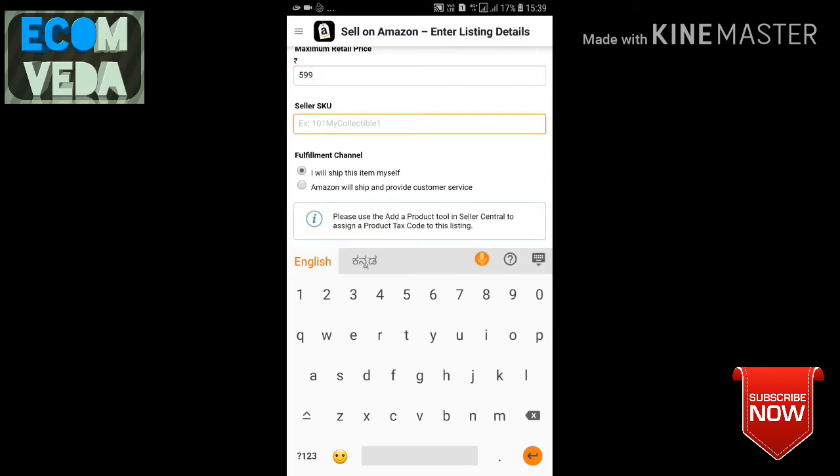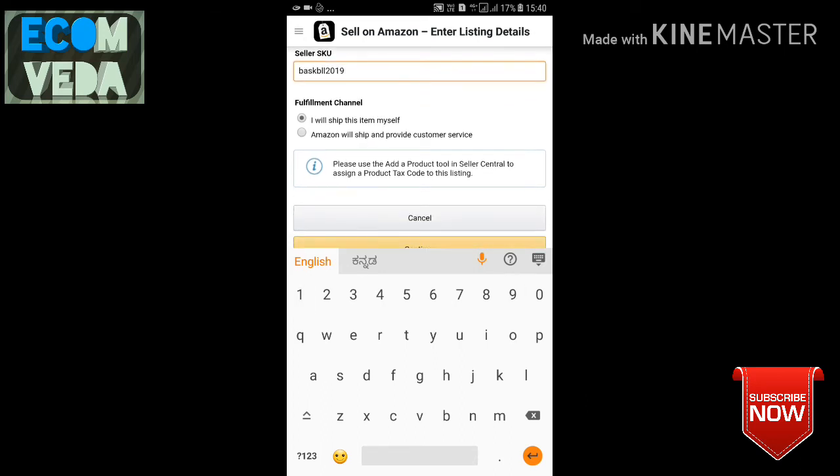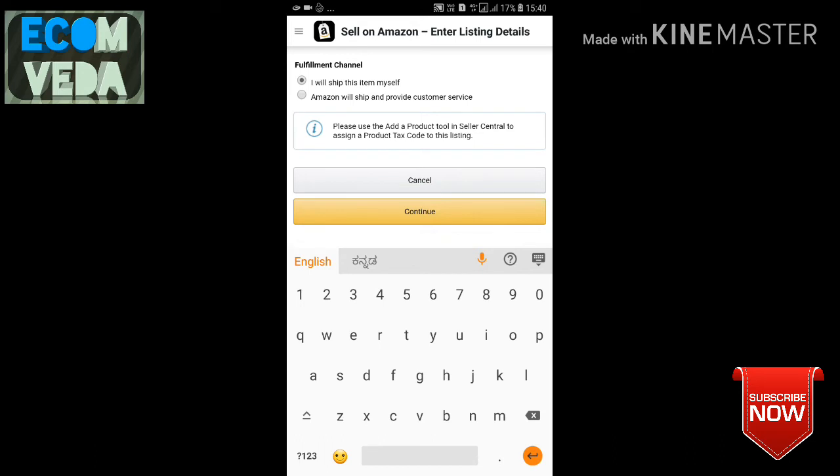Seller SKU is a code you can type for your reference, like basketball 2019. Then you can press continue.